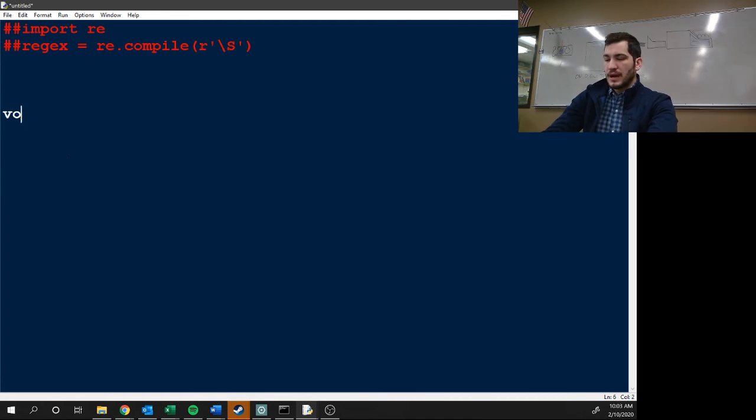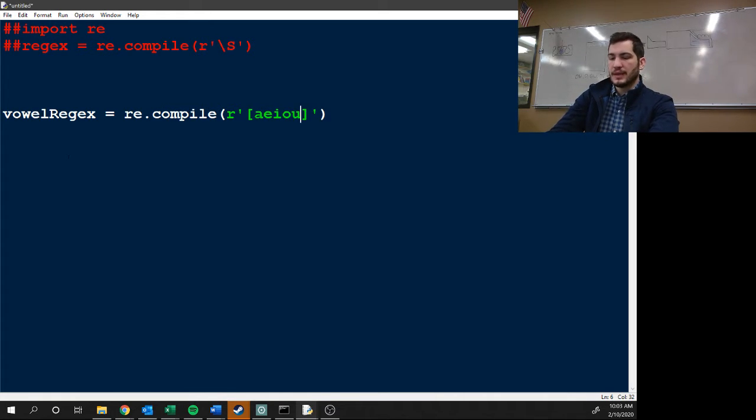So we're going to go vowel regex equals re.compile, brackets, a-e-i-o-u and then capital A-E-I-O-U. This will now find every vowel in text. So we're going to go vowel